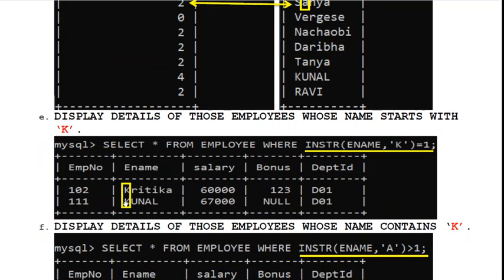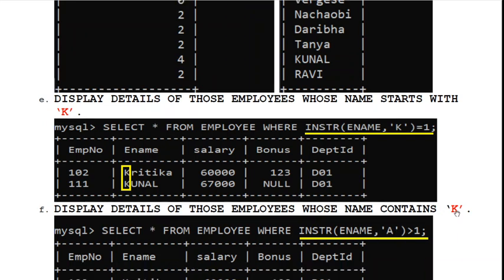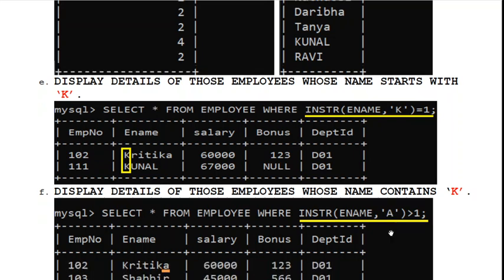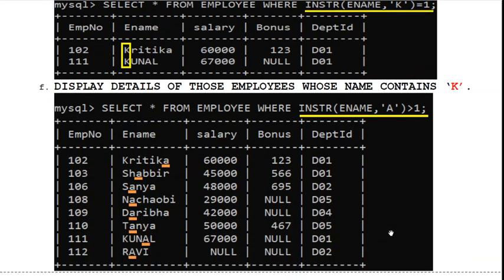Now another example. Display details of those employees whose name contains the letter A. You can use any other letter, but in the output of this example I have written A. So whose name contains the letter A, that is INSTR greater than 1.